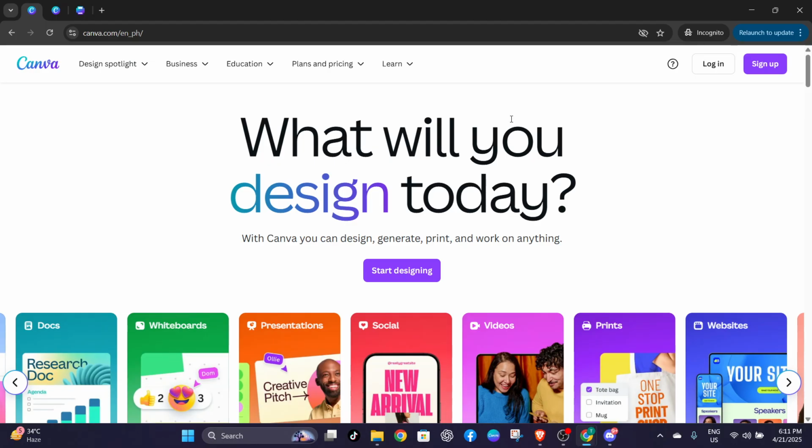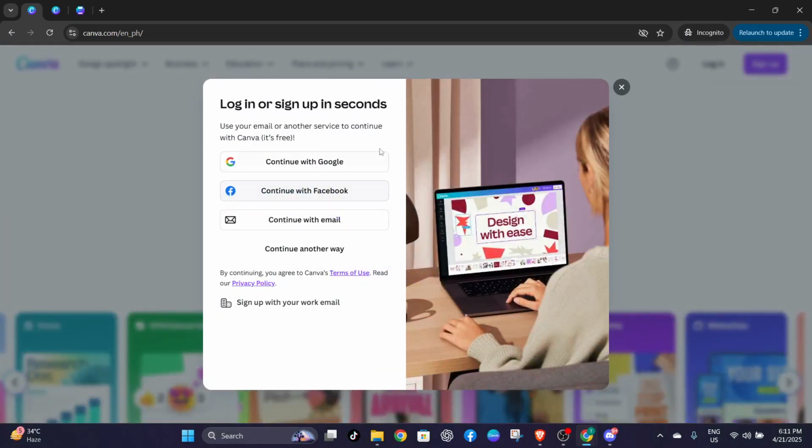To do this, you'll find the login button conveniently located at the upper right corner of the page. Whether you prefer logging in through Google, Facebook, or just using your email, Canva offers multiple options to suit your preferences. Now, once you're logged in, one of the fantastic features Canva offers is the ability to star or bookmark